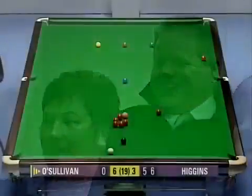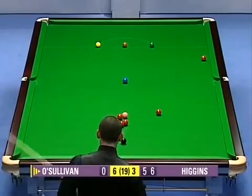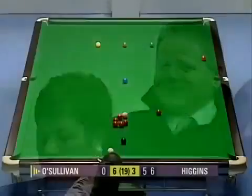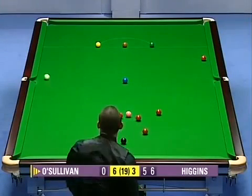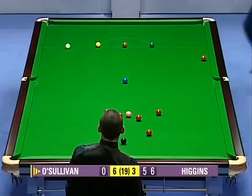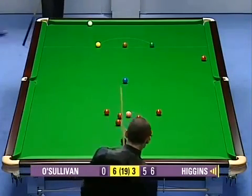Qualified three times for the Crucible, a former Slimmer of the Year, and I emphasise the former. I think he won that twice, Clive. Slimmer of the Year twice. Yeah, he's going to have to win it again. Anyway,